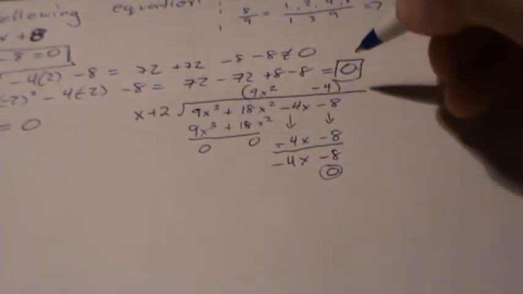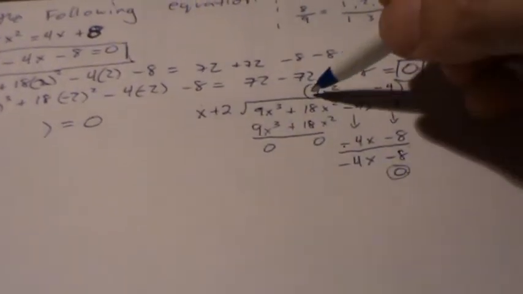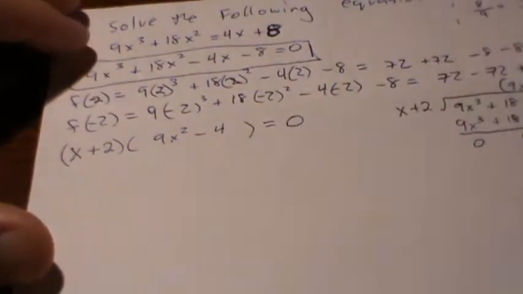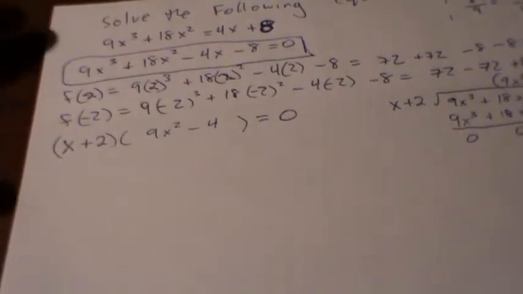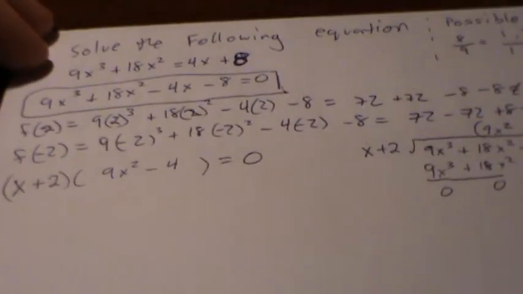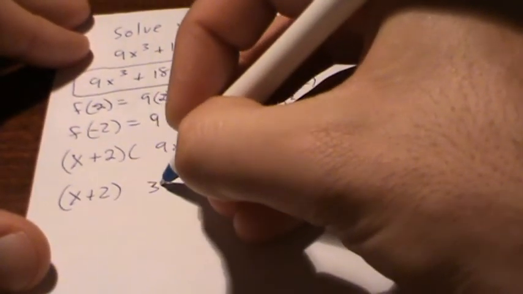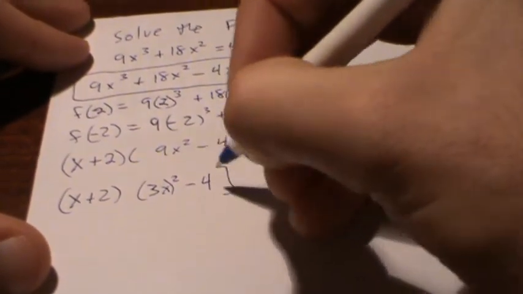And this right here is my other factor, 9x squared minus 4. So my other factor is 9x squared minus 4. And this actually looks like a difference of squares. So it turns out that this question is actually tremendously exciting, because it comes with all sorts of interesting little quirks. And so if I write this as 3x squared minus 4,